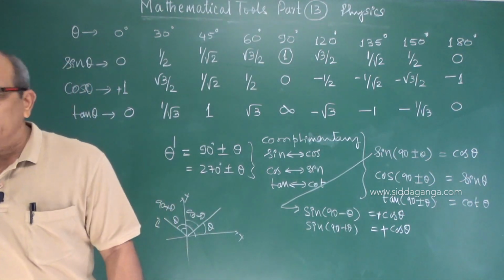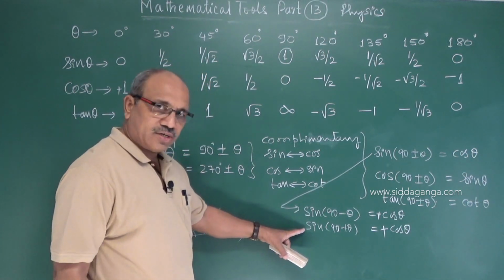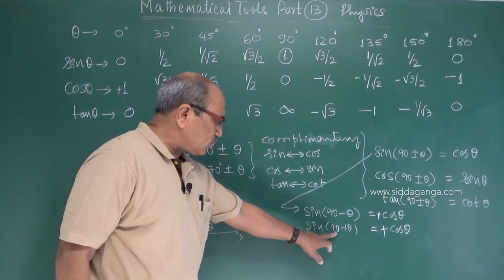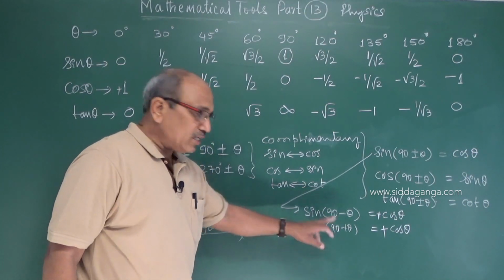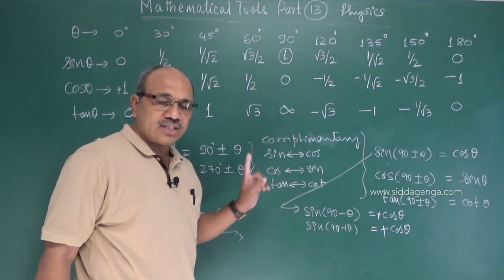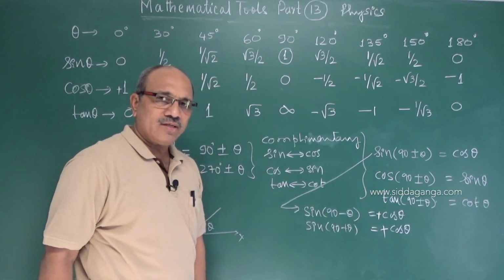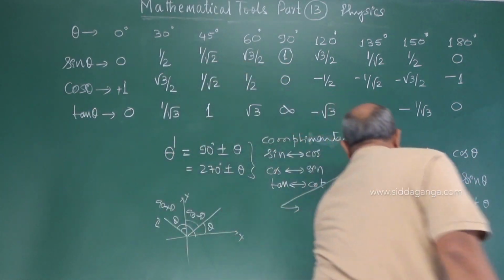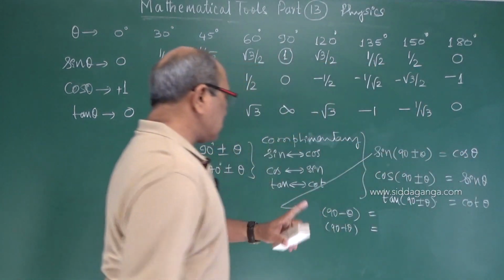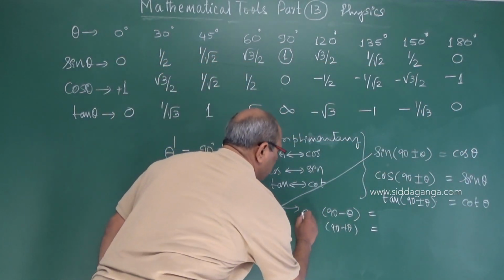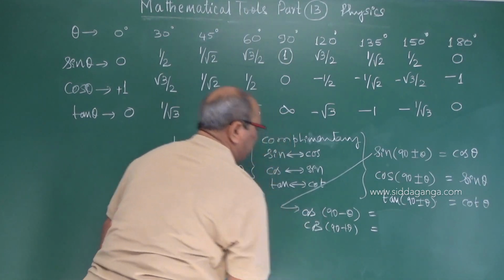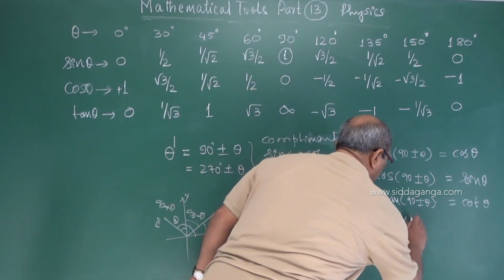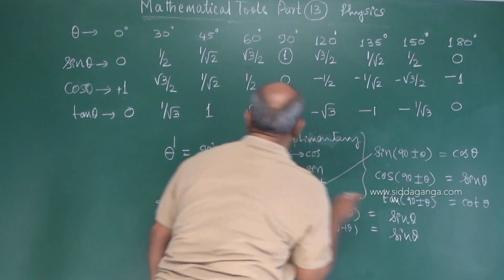Let us think the same. I think you have followed here. Sin 90 minus theta is in the first quadrant. Sin 90 plus theta is in the second quadrant. But in both cases, the sin function is positive in the first and second quadrant. I assigned the sign. Now see the logic. I remove this and show you. Instead of that, if I use cos 90 minus theta, no doubt it becomes sin theta, according to this rule.